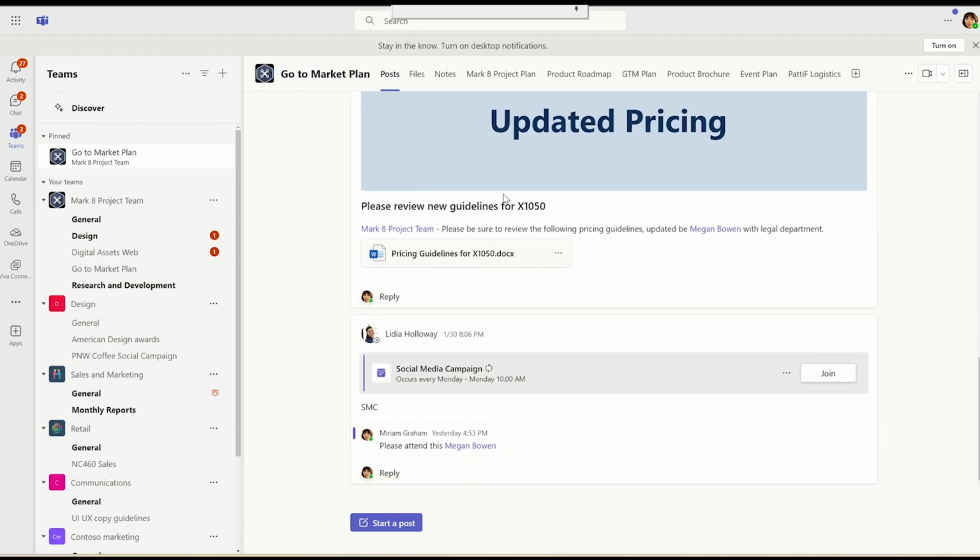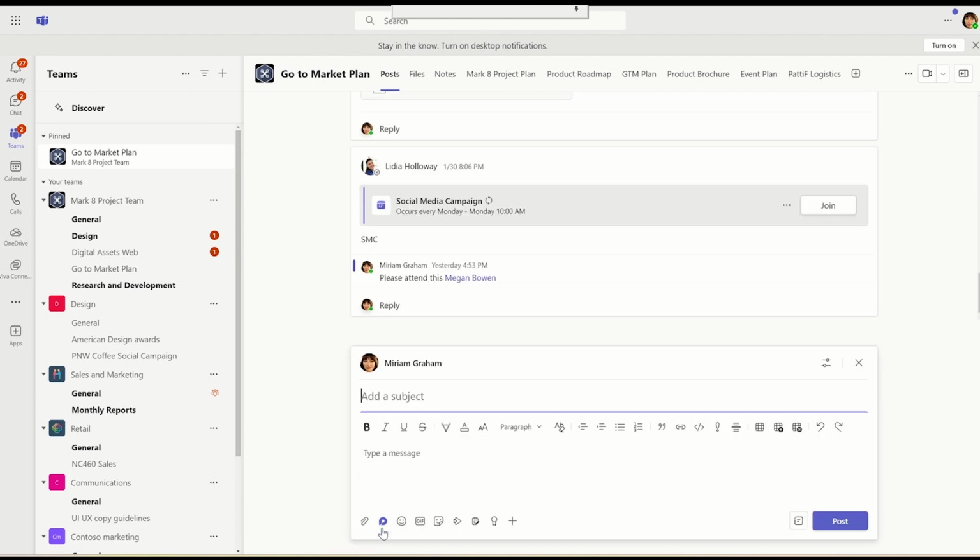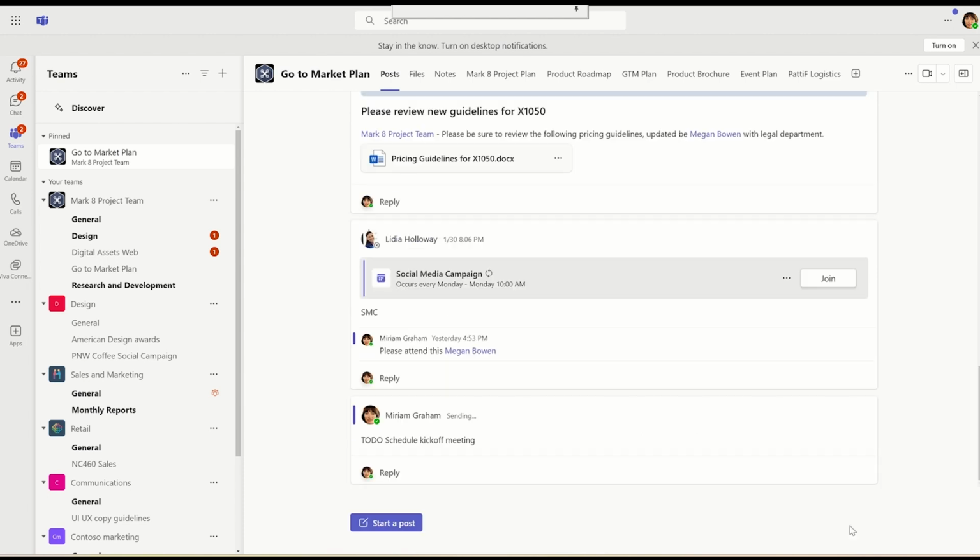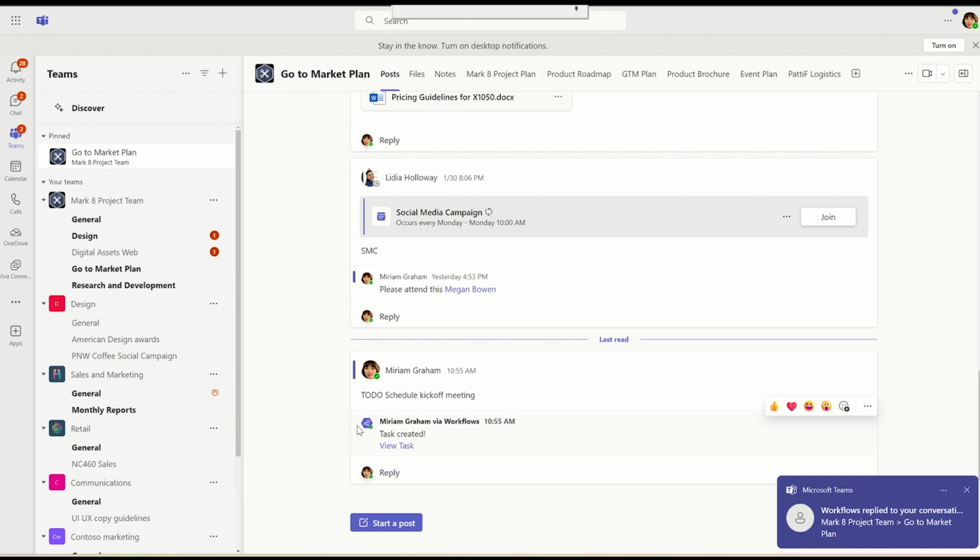So here we have some prior posts. So we're going to start a post. And remember, we need to type in to do. So we're going to put a message in here, and we're going to use the keyword to do. To do. And we're going to say schedule kickoff meeting. And obviously we could put some other details in there, but basically when I hit that post, the flow should pick this up, and here we can see it just picked that up from Miriam's workflows,